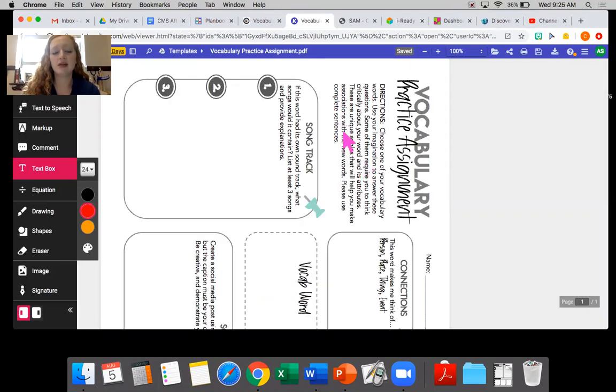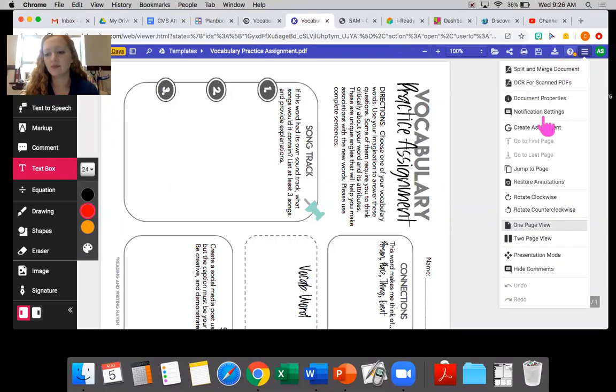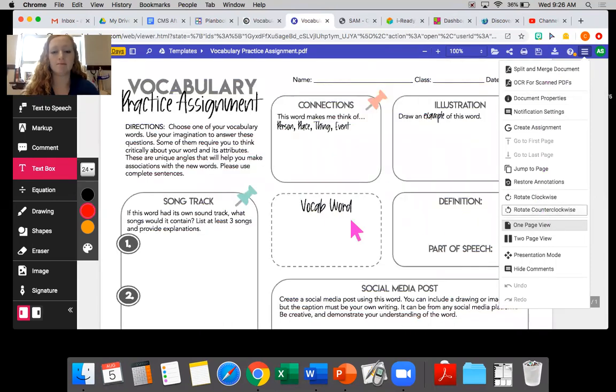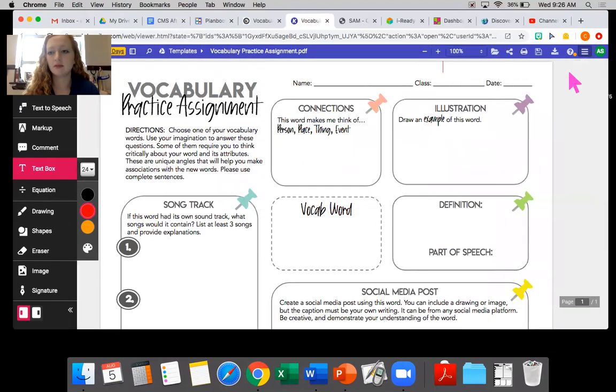Okay, so when you pull it up, it's going to be sideways. I tried to fix it before, but for some reason it wouldn't. So you're going to click menu over here, this thing with 3 lines, and you're going to rotate counterclockwise. So we're going to turn it back this way. Okay, so now it should look like this. All right, and close my menu. Okay, so you're going to fill in all these little things.